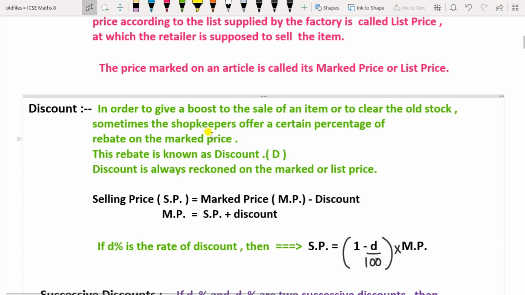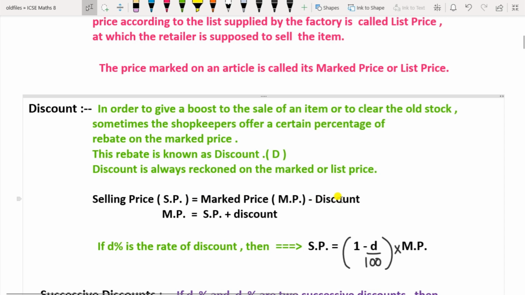So this is a discount given, that is some rebate. Rebate means they are going to sell the item below the mark price, and the price after giving the rebate is called the selling price, that we are buying it at. So selling price will become mark price minus discount, and the difference that we are not paying is called the discount. So from this formula mark price will become SP plus discount,